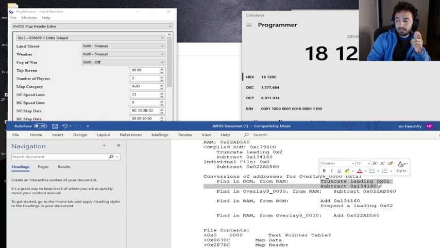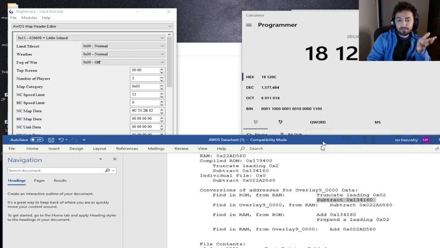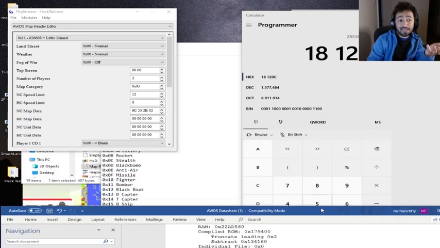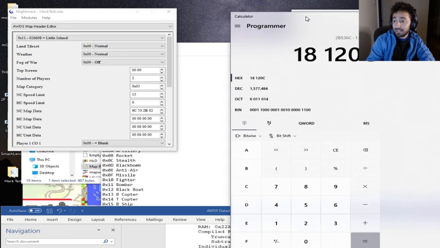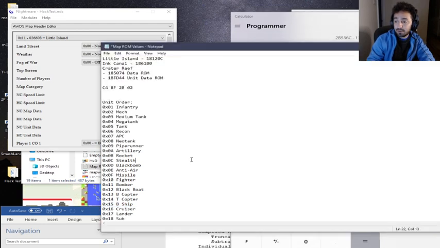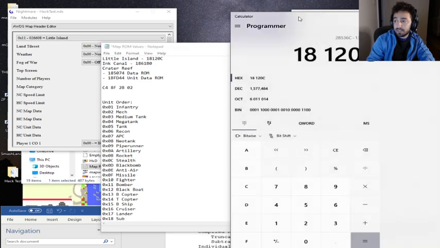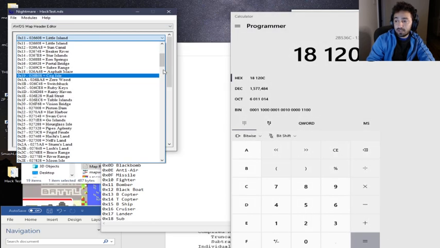Truncate means get rid of the 02. Subtract that from that. Really, it's just looking at what you have and figuring it out. It took me a minute to really learn this, and I'm not anywhere close to a genius. So I'm certain now that this is how we generate that, because that is the same code as that. So now if we want to do this to that other map,